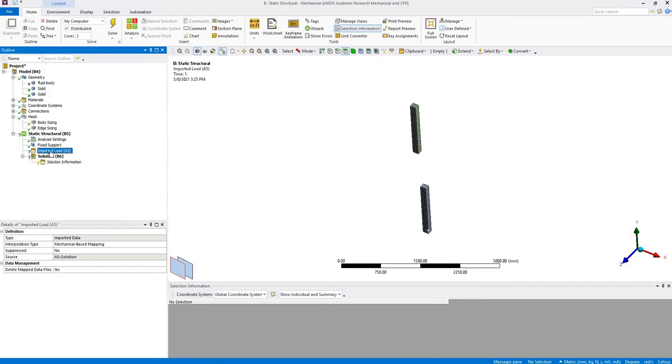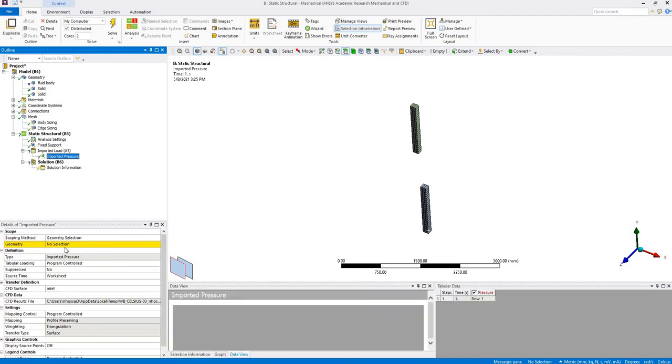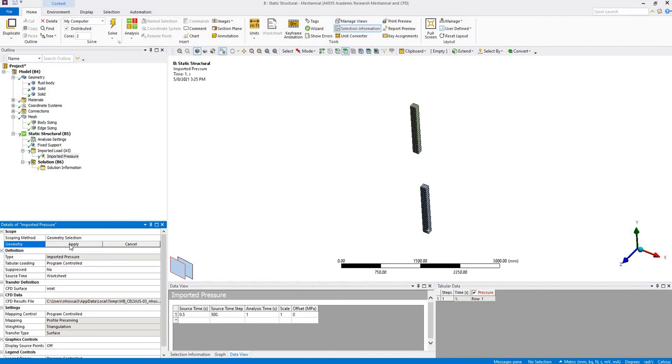And in the imported load, right click in here, insert, so body temperature or pressure. I'm going to load pressure in here. And how do I want to couple? In the geometry, which surface do you want to couple with the CFD pressure? Okay, so I'm going to select this surface